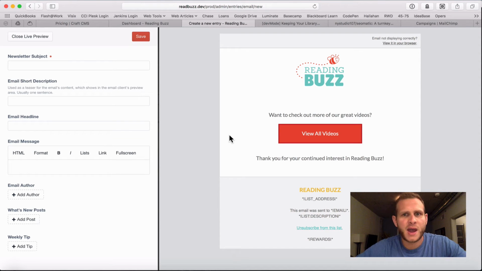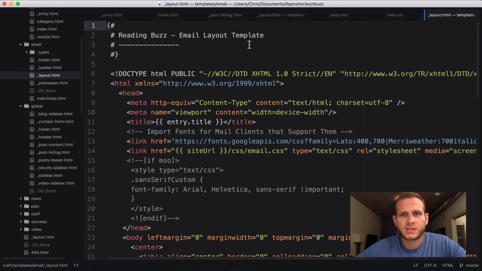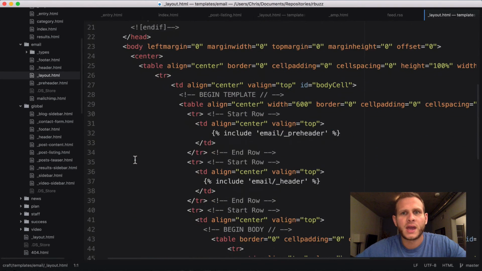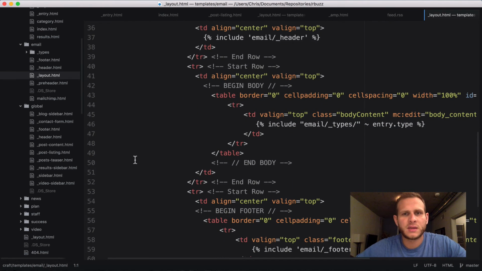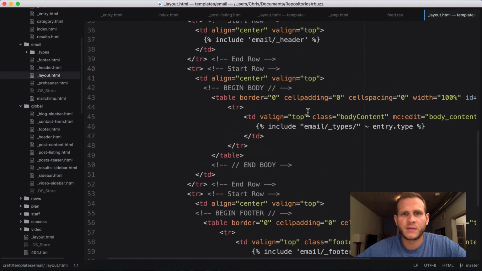If you want to see that in the back end, it looks like this. So there's a new email layout template that's specific to email, and you can see my markup, which is of course in tables. And in between those tables, I'm just using those fields that I've defined in my email entry